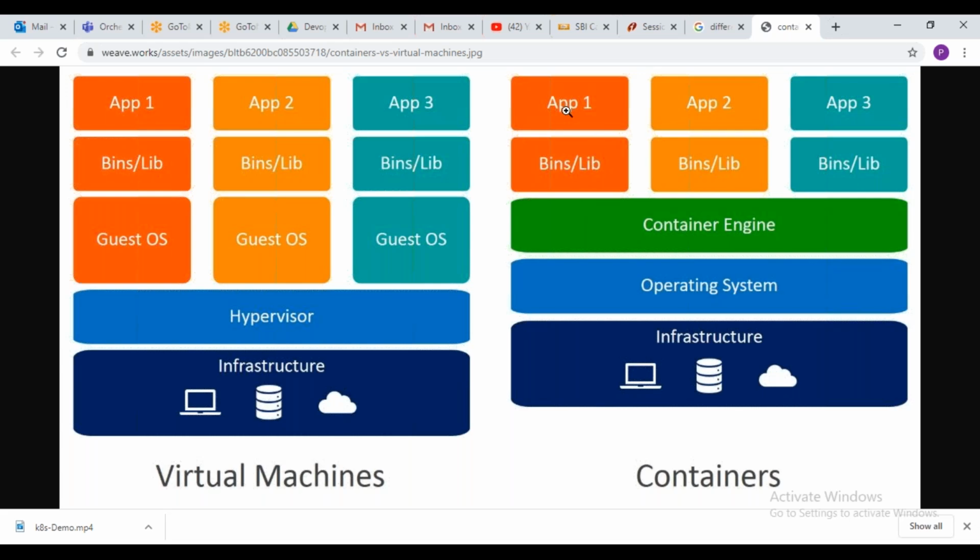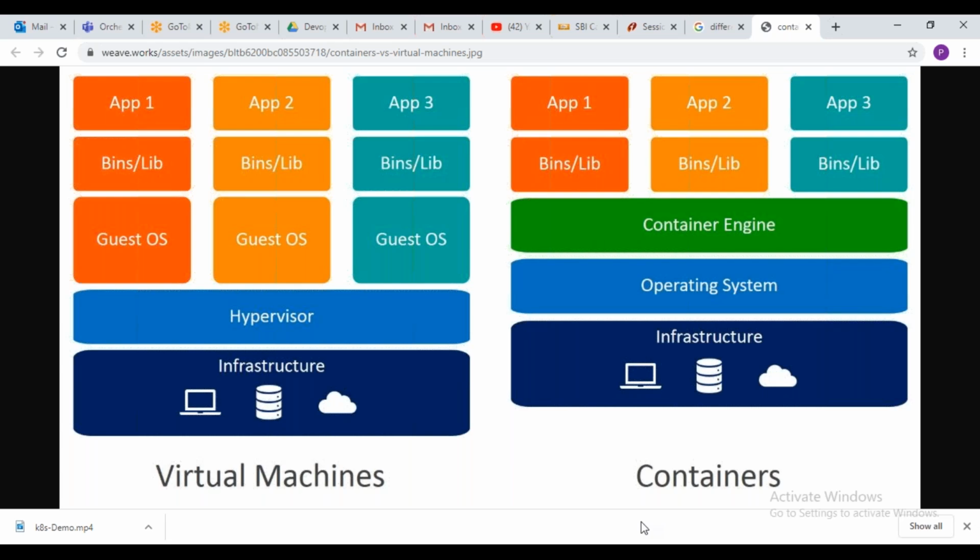Here the container doesn't require huge resources; whatever it requires we can allocate. The second thing is licensing. Here you are paying licensing for your VMware or maybe Hyper-V, but here you don't need to pay any licensing. And the third thing is that spin up is very fast: immediately it can be created, within a few seconds, and within a few seconds you can delete it, right?